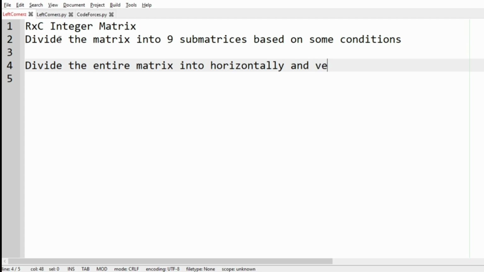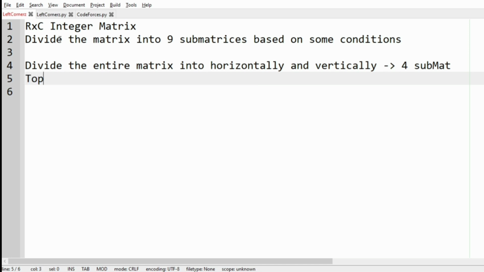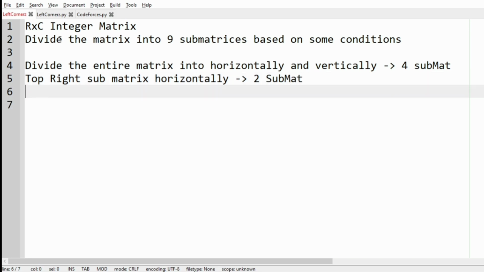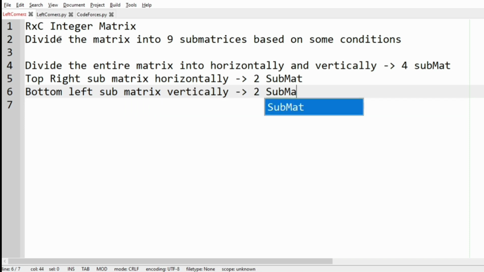horizontally and vertically. That is 4 submatrices, and then we have to divide the top right submatrix horizontally, which gives us 2 submatrices, and then we have to divide the bottom left submatrix vertically, which gives us 2 submatrices, and then